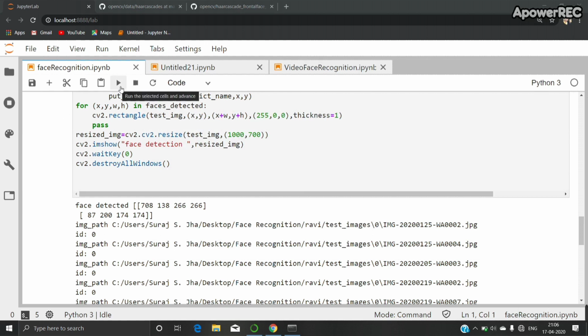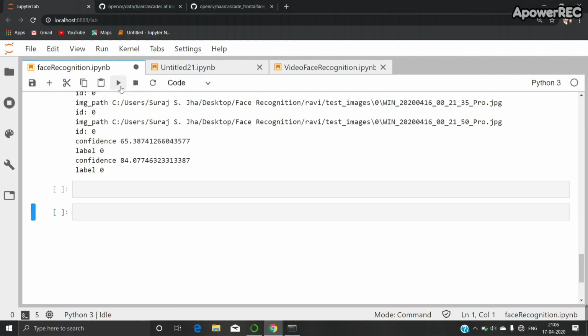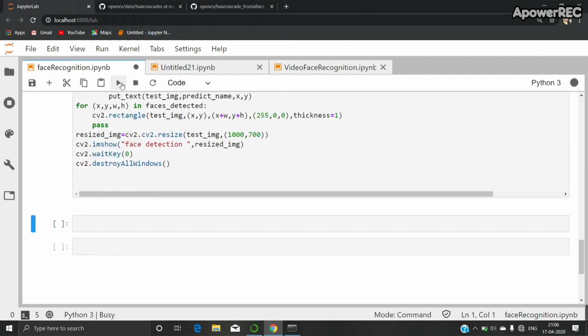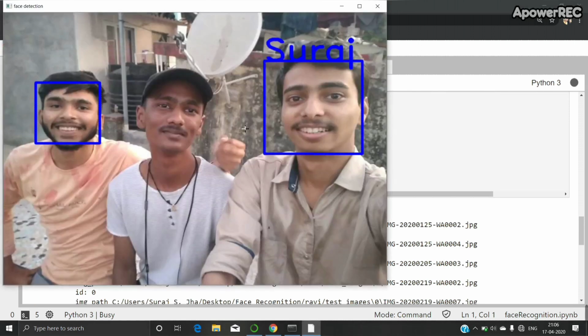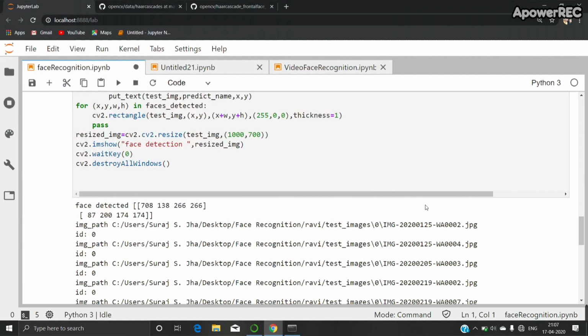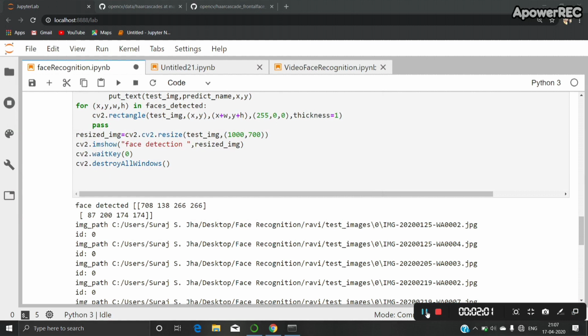As you can see, two faces are detected and my label is also present here. Let me pass another image of my friend. Here the same thing happened, and you can see that my image is recognized over it.